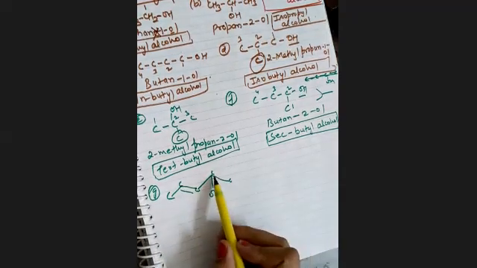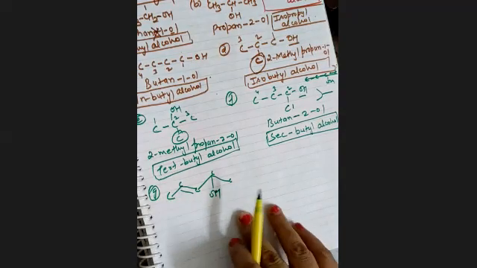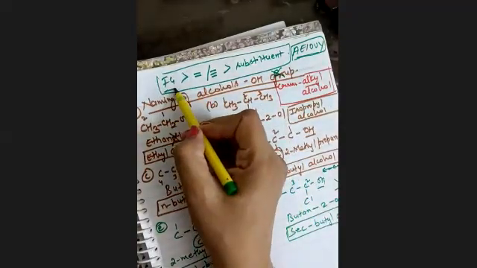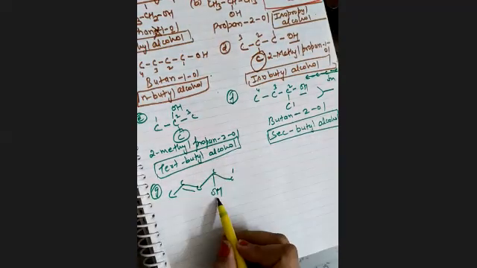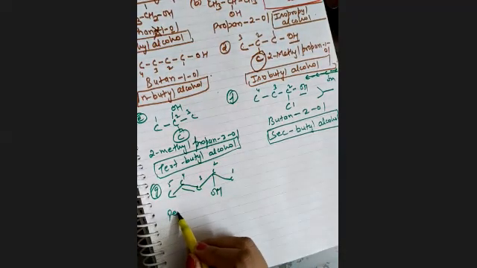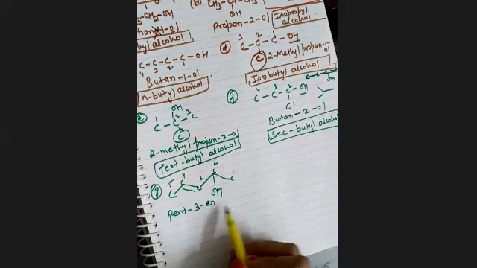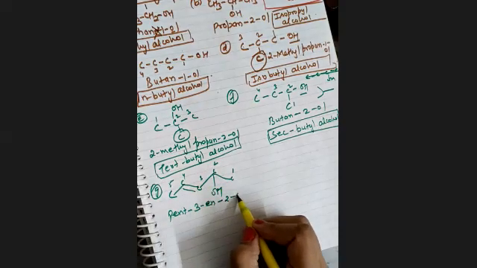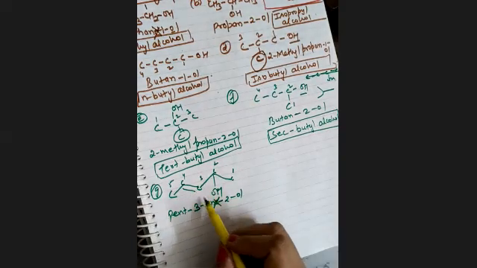Because on the second carbon we have the OH group, the functional group, and on this carbon we have a double bond. So to which will we give preference? First we will give preference to the functional group, then the double bond. So we will start from this side because we have to give the nearest position to this OH. 1, 2, 3, 4, and 5. So this is pent. On 3 we have ene. Instead of writing E and E, we just write en because it is followed by 2-ol. So this E was not written here. Okay? This will be pent. On 3 we have ene and then ol.